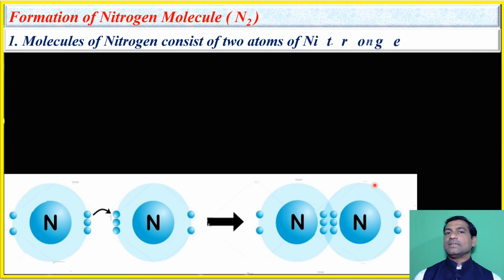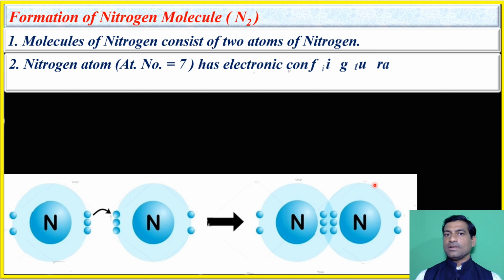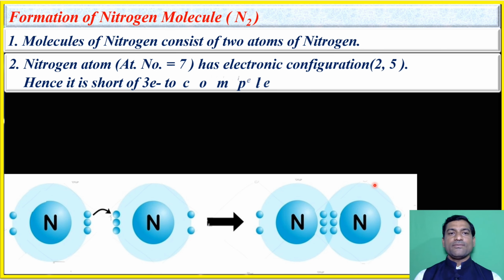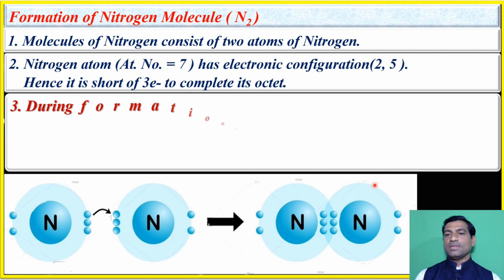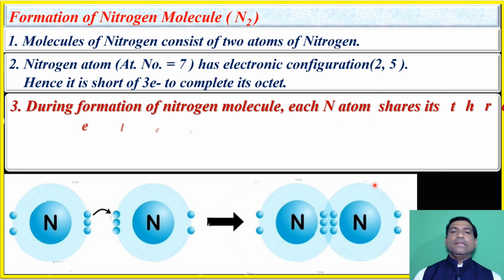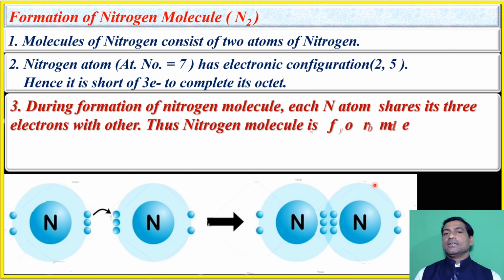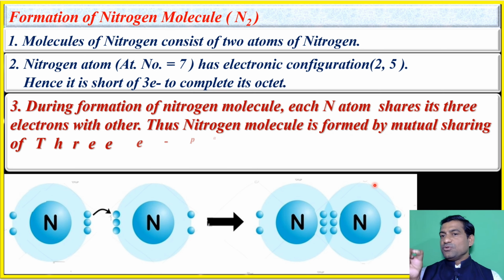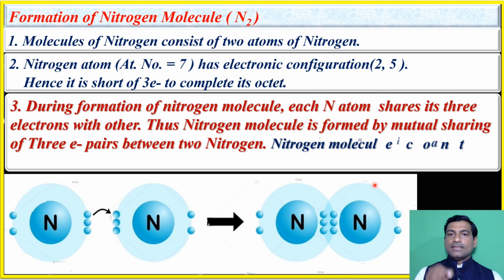The molecule of nitrogen consists of two atoms of nitrogen. The atomic number of nitrogen is 7. The electronic configuration is: first orbit contains 2 electrons and second orbit contains 5 electrons. So 3 electrons are short to complete the octet of nitrogen. So during the formation of nitrogen molecule, each nitrogen atom shares its 3 electrons with the other. Thus, the nitrogen molecule is formed by mutual sharing of 3 electron pairs between the two nitrogen atoms,